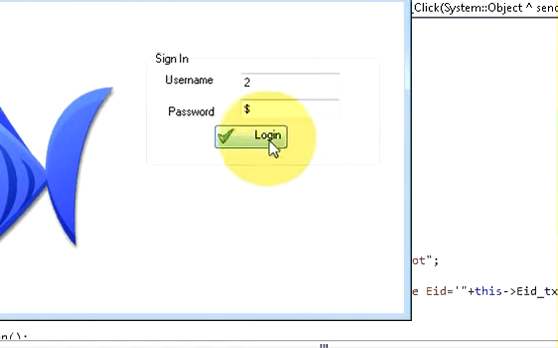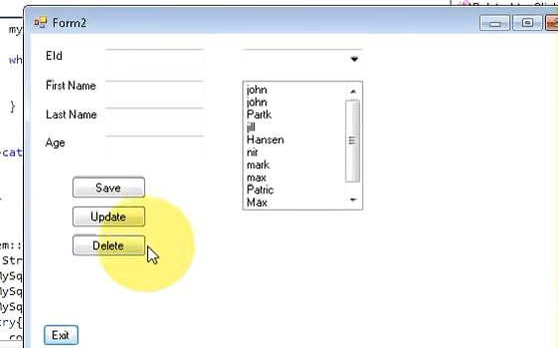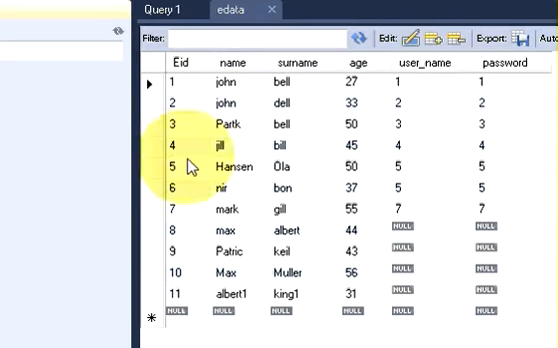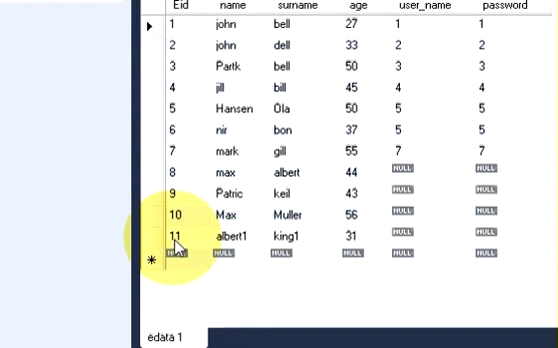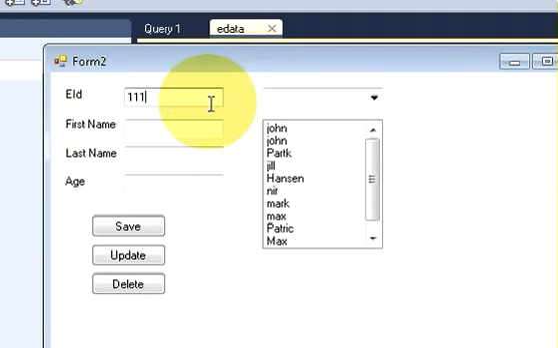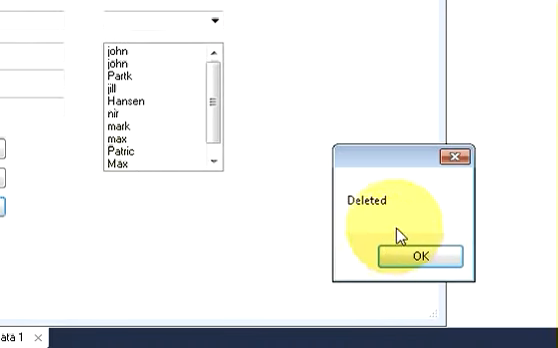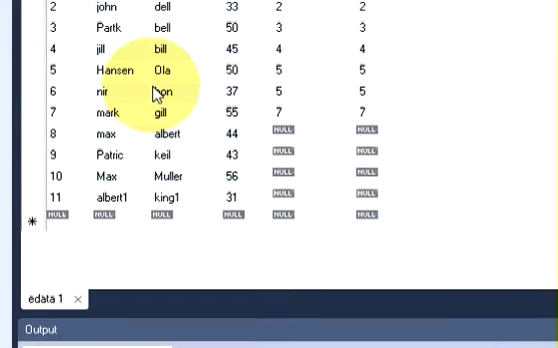Username and password, it's correct. And now, for example, I want to delete. Here you can see I have 11 entries in my database, and for example I want to delete this 11th employee ID from my database. So I will write 11 here, 11, and I will press delete, and you can see the message, it's deleted. Press OK, and when we check in the database,